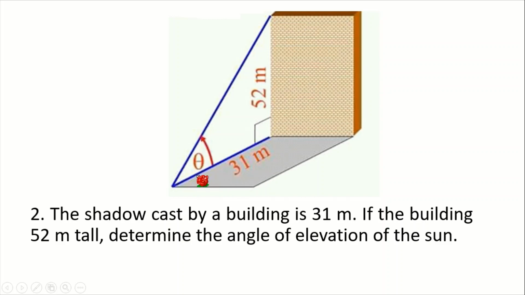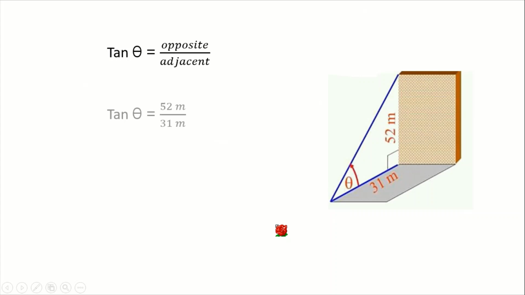So, ito yung hinahanap natin. So, mayroon nating adjacent. If this is our angle theta, so we have now adjacent and we have now the opposite. So, we can use tangent, right? So, substitute lang natin si opposite, which is 52 meters, as adjacent, which is 31 meters. Okay, so 52 divided by 31 is